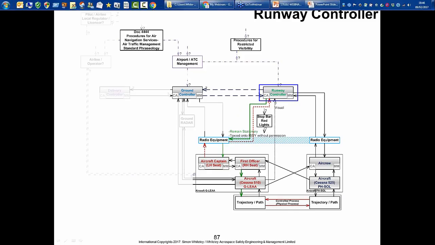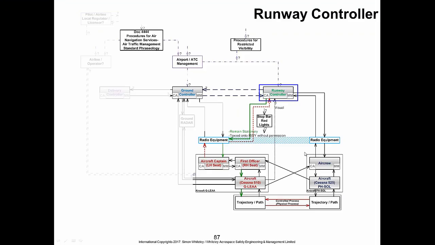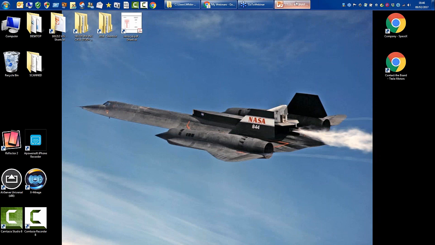If stop bars were present at every airport, along with the runway status lights systems such as are in place at Paris and a few other airports around the world, yeah. Well, that's from a control structure perspective. So we're talking about airport ATC management and the layers above that. So let me just jump to